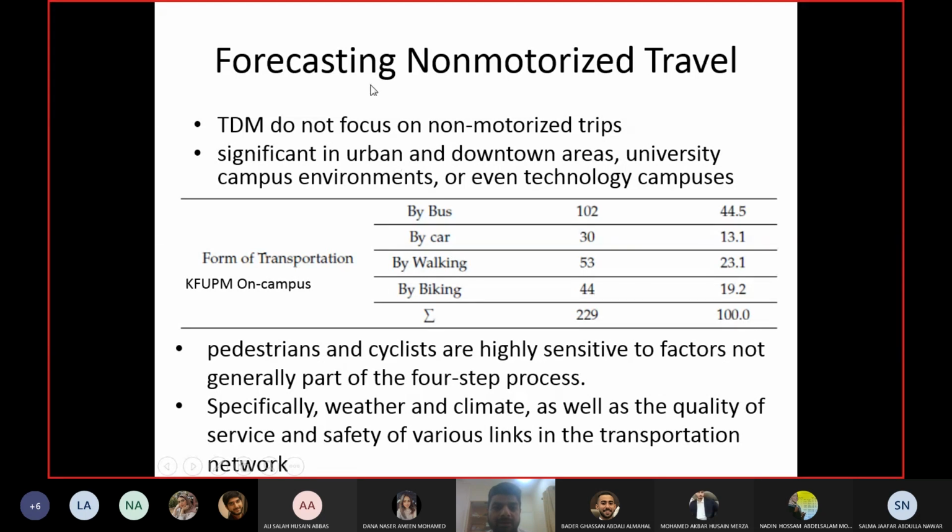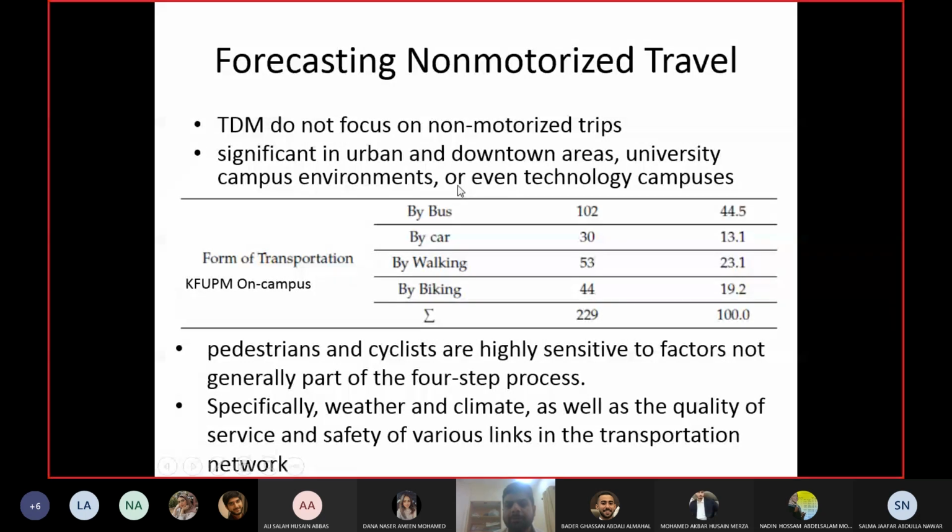But these non-motorized modes can become important if you are doing it for downtown areas which are congested, city centers, the main areas where all the commercial activities are happening, where they have mixed land use. So you have shops on the ground floor and people living on the upper floors.